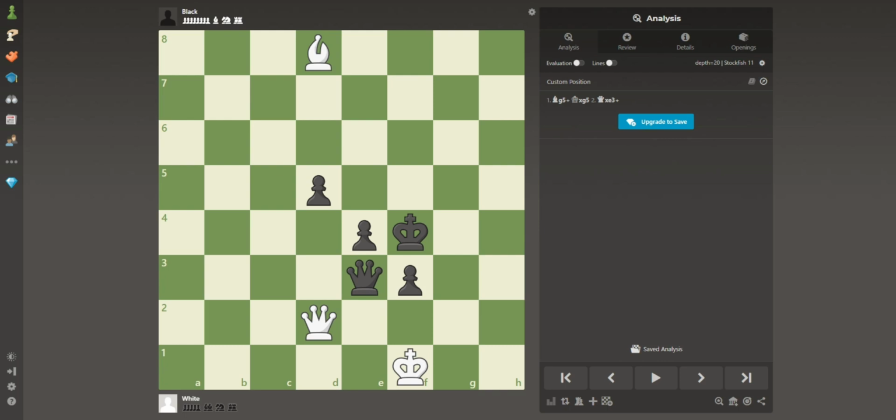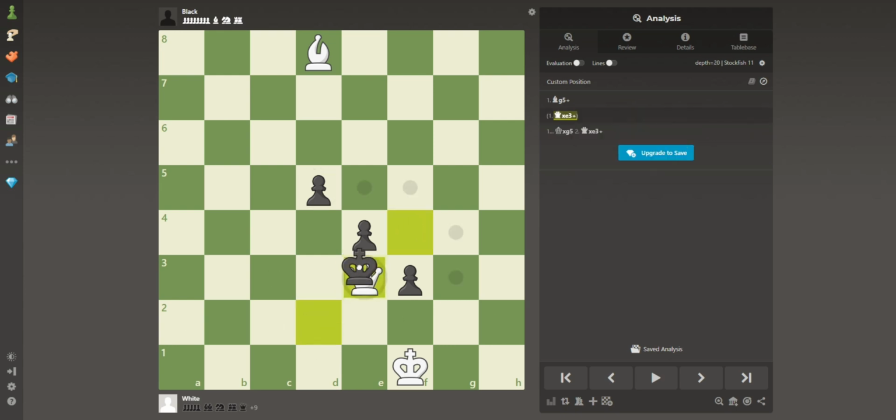The next tactic I'll be going over is deflection. Deflection is forcing a piece off of another piece's defense. For example, if white were to simply trade queens here, black has 3 pawns versus 1 bishop, and it will be very difficult for white to stop black from promoting at least one of these pawns. However,